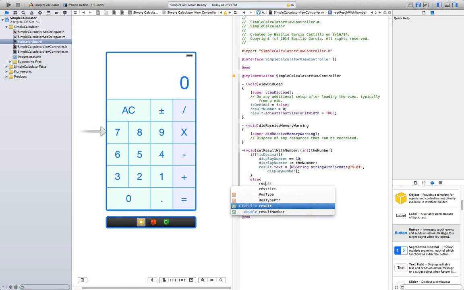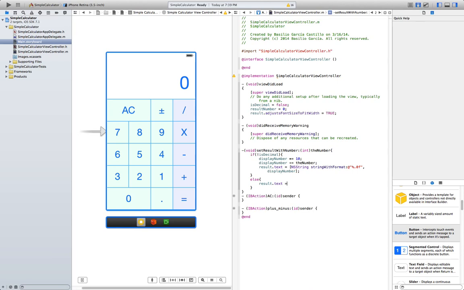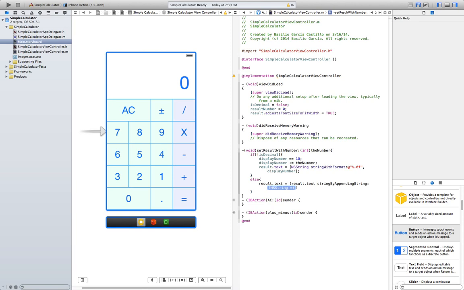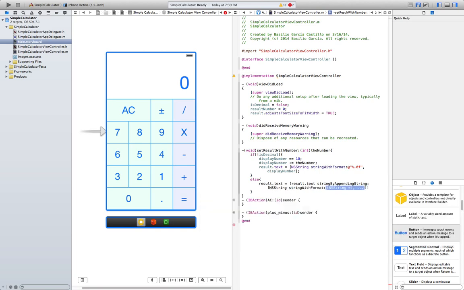So result.text equals result text string by appending string and string with format, the number, and finally